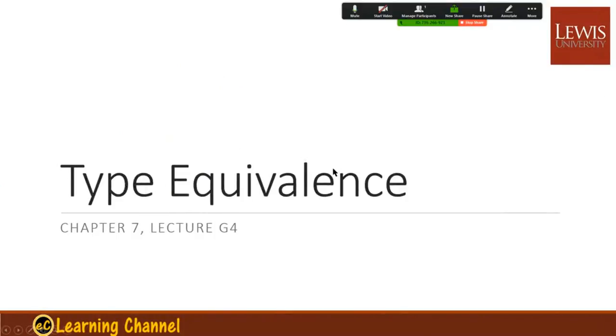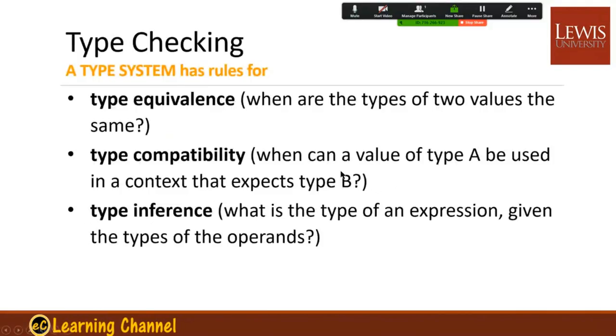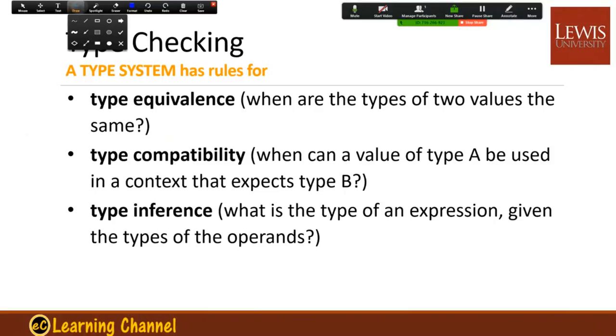So this is the first one, type equivalence. A type system has 3 rules: type equivalence, type compatibility, and type inference. And type equivalence is very strict. You need to have a type to check in for